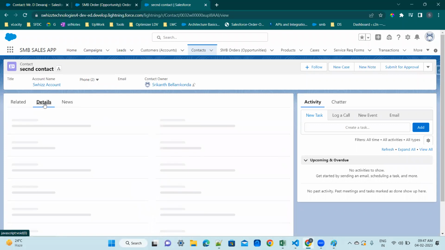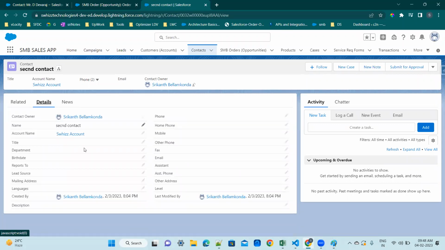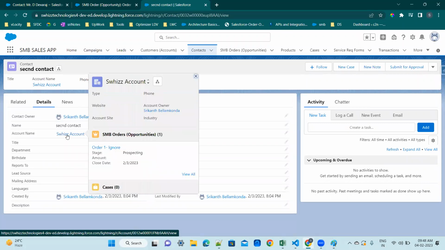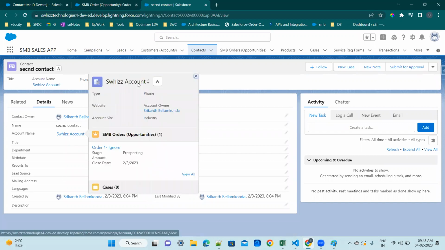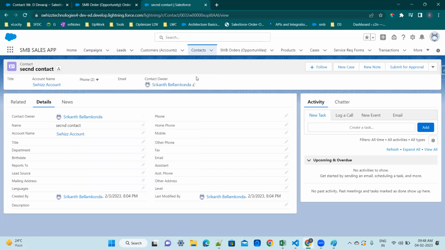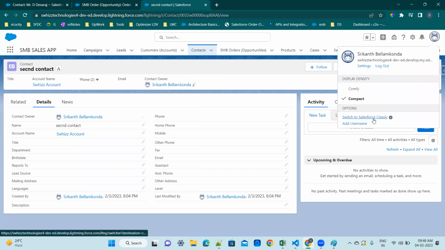So when I click on details, you can see the information of this contact, and here you can see the account. When you hover over any one of the fields like this, if you see this dialog box layout, you can confirm it is a parent. This value is nothing but a parent. Clear? So we have created a one-to-many so far. I never created it; it was already given by Salesforce. Now when I scroll down,